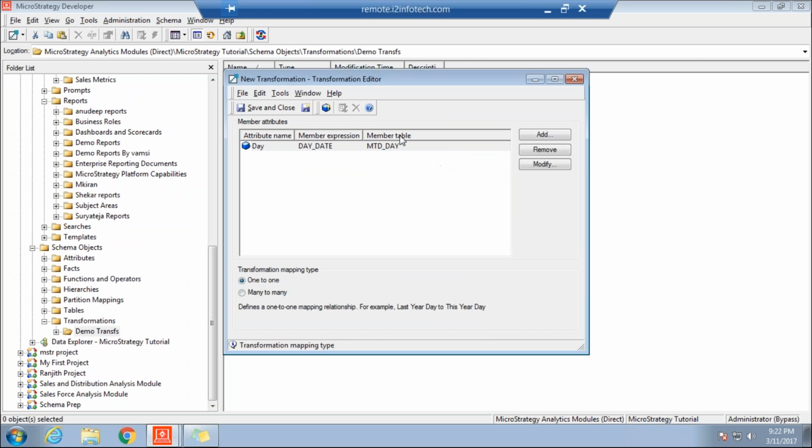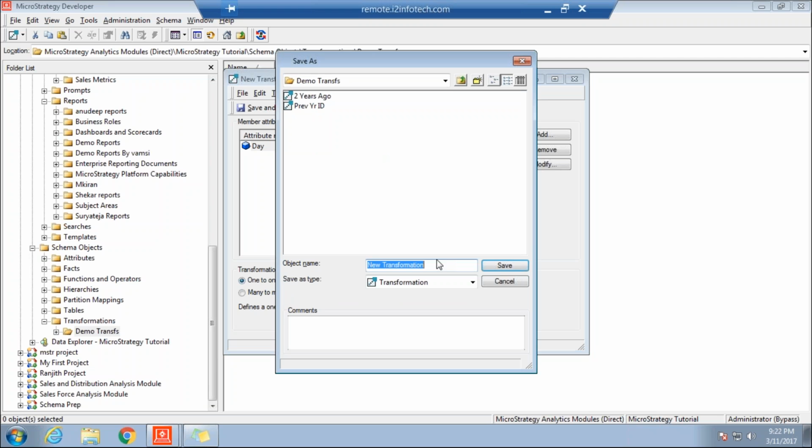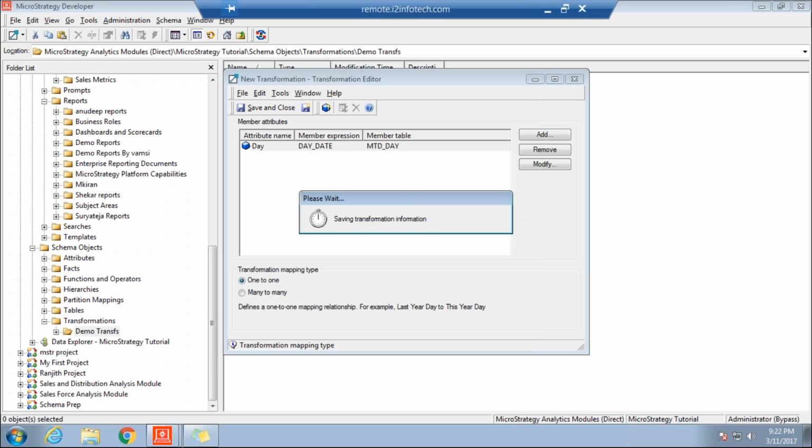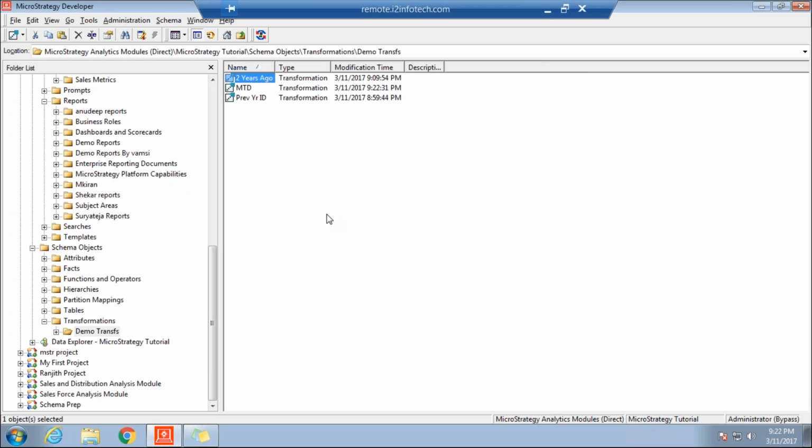So once you have done this, say for example, I'm just saving this, and we'll just come back here once again. So what I'm doing is I'm just creating this transformation as MTD, for example, month to date, assume. So once I do create,